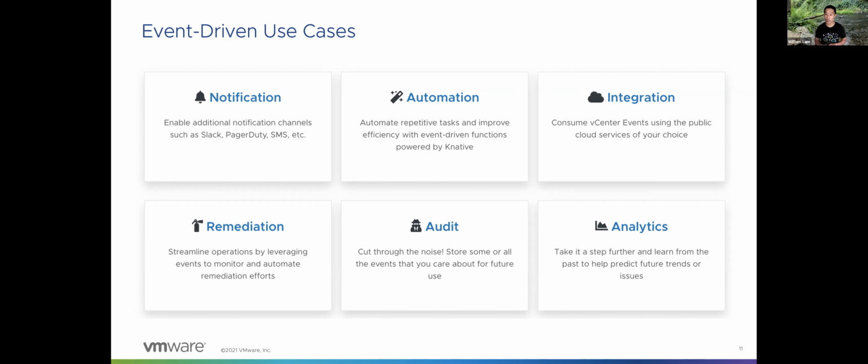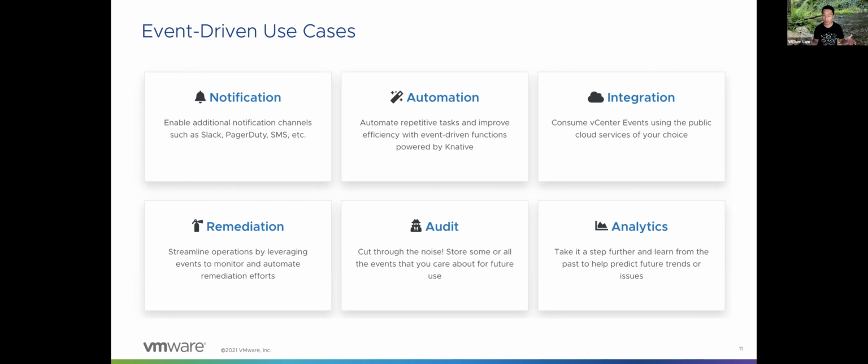The last one is around audit and analytics. This is actually quite interesting. We have a number of customers that have been trying to do this, and it is really difficult to do prior to using something like VEBA, right? Where you want to be able to selectively pick out certain events that you care about. Classic example is around the security, audit and compliance teams, where you want to maybe pick out specific events like a failed login, for example. That's an event that vCenter publishes today, and actually gives you the source IP of where that failed login attempt came from, right? So you might want to, over time, monitor your infrastructure and see, are you having any particular attacks?